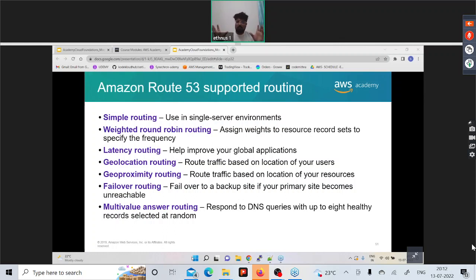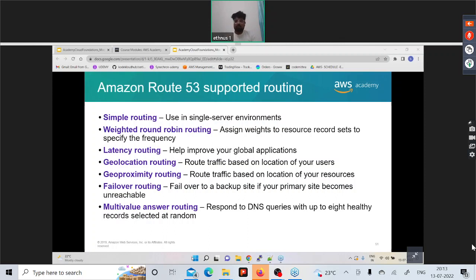Suppose you have a setup with multi-linguistic applications, where the same application is running in a different language in the US, a different language in Europe, and a different language in India. In India it is in Hindi, in Europe it is in German, French, etc., and in the US it is in US English. So based on the location of the user, these applications would be checking the location of the user. They want the user to share their GPS location. Based on the location of the user, he is going to connect to that particular application. So that is the meaning of